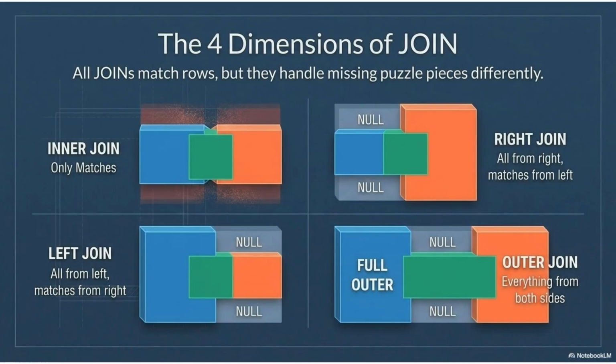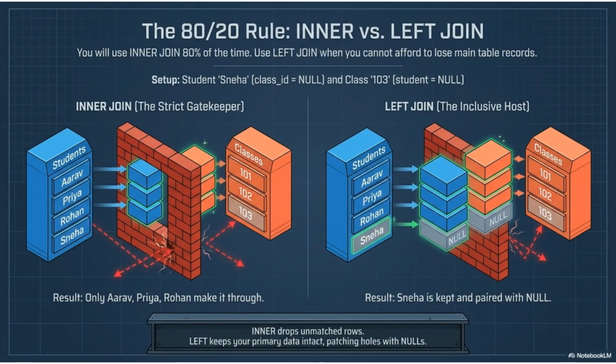There are four main types of joins. Each handles missing data differently. Inner join returns only matched rows, while left, right, and full outer joins include unmatched rows, filling gaps with null values. The 80/20 rule suggests using inner join for most operations. Use left join when you need to preserve your primary table's records, even if they don't have a matching counterpart